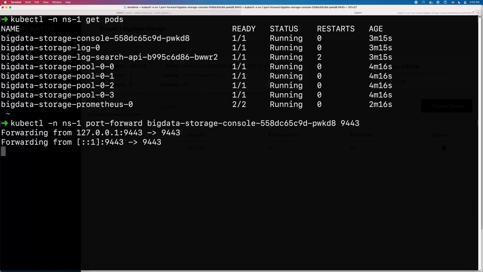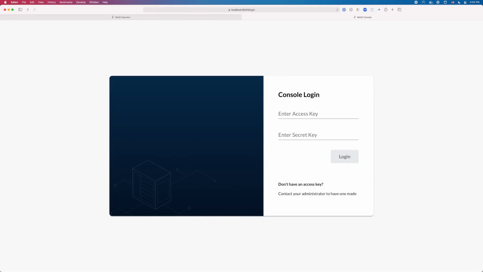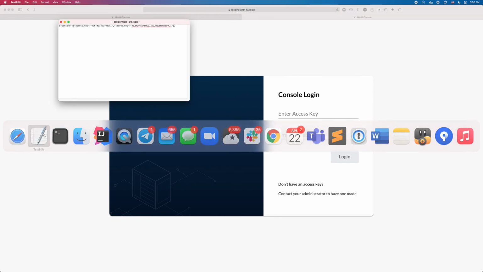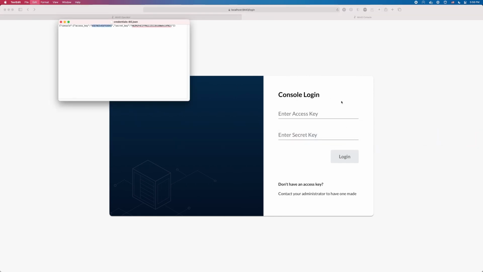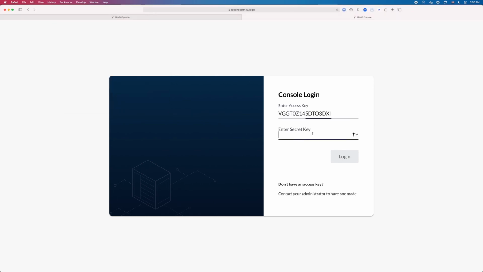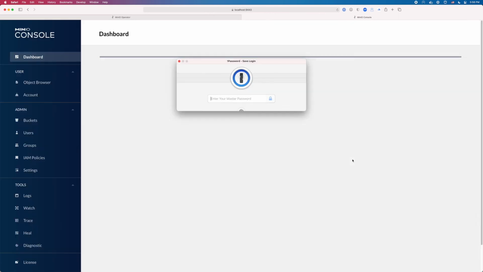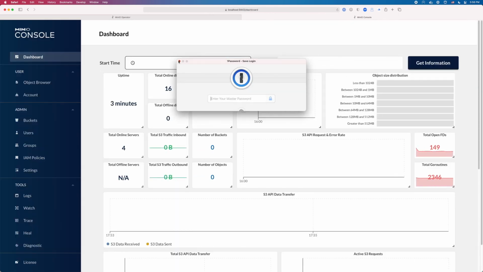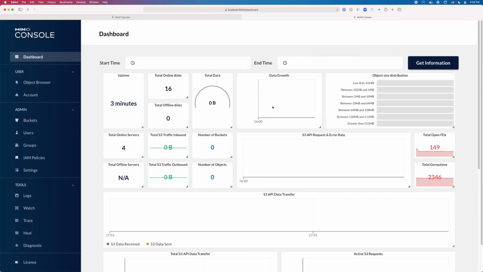So I can port forward my access to the console and go to my browser to the port that I just port forwarded. So after going to the port forward address in my browser, I can see the management console login prompt. This is where I can actually take the access key and secret key that I saw when I actually provisioned the tenant. I'm pretty much going into my system. I'll be greeted by a set of monitoring metrics, right? So right now this is a brand new tenant, there's nothing much going on,